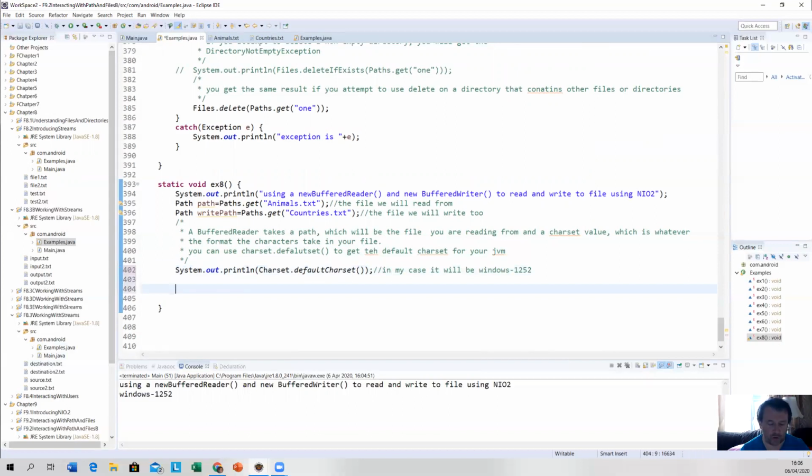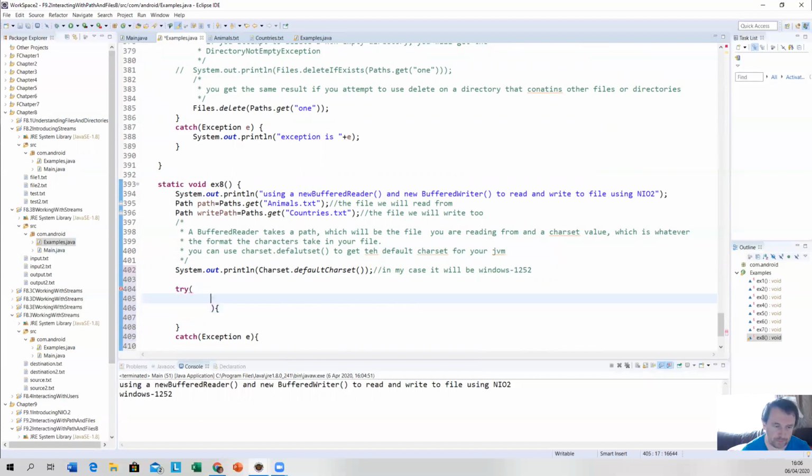Right, so first thing we're going to do is read from the file, all right? So we're going to try, and it's going to be a try with resources. And we are going to have a catch exception. So we're going to start off the very first one here. So we are going to have buffered reader,